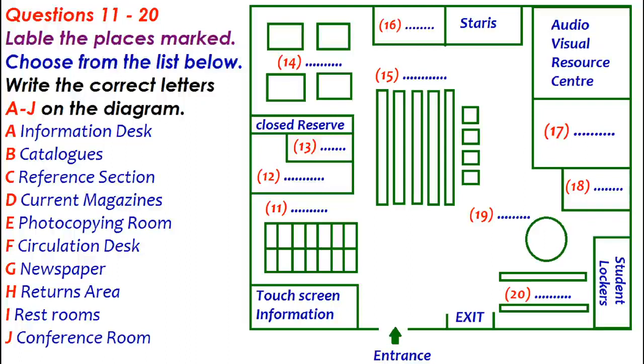Next, along here on the left, we have the circulation desk for borrowing and returning books. The returns area, the place for returned books and other items, is at the end of the circulation desk, near Closed Reserve. Closed Reserve, as most of you probably know, is a collection of books that are in high demand, so they are on restricted circulation. If a book is on Closed Reserve, you can only borrow it to use within the library for 3 hours